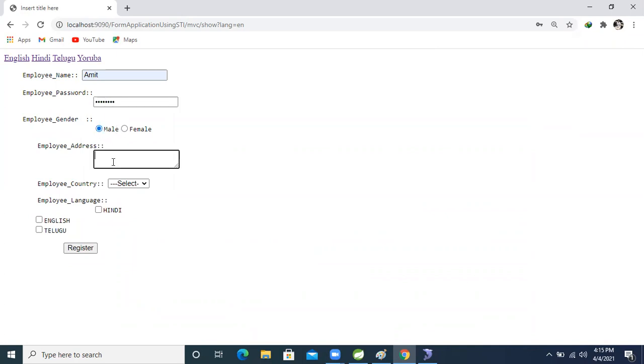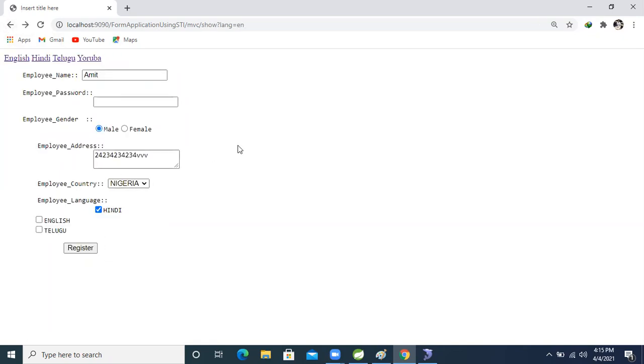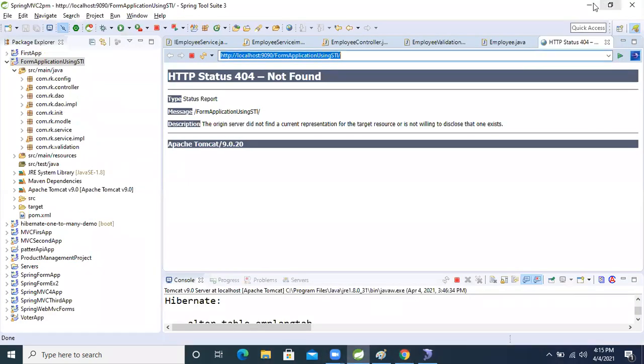But after filling these inputs, what we are doing now, after selecting that, this data is not storing in the database, guys. Okay, so what we will do now, we will store this data in the database. After that we will retrieve it, and on the same page we will get the message that data is stored now.